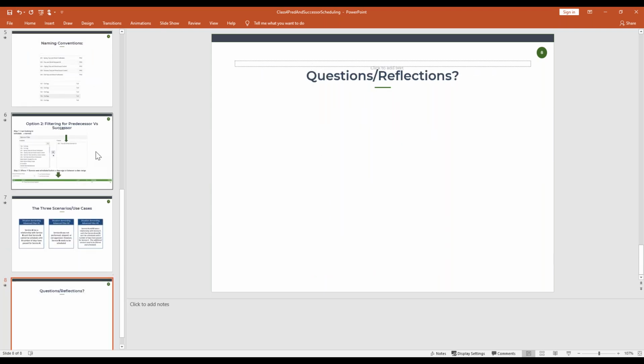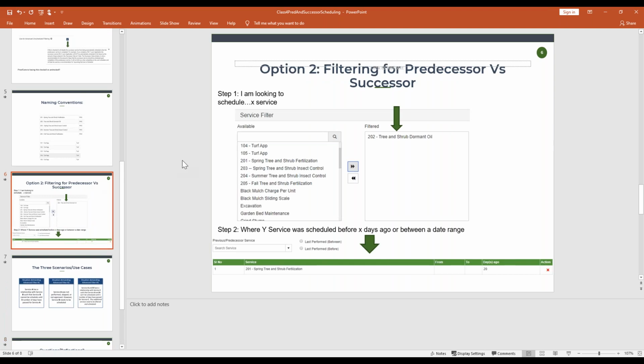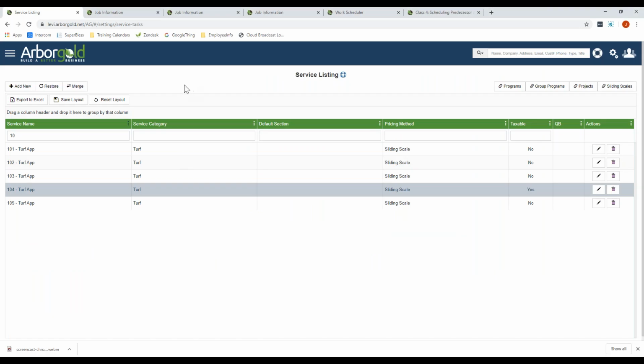So we're going to go into the filtering options. This is in the advanced scheduler filter. Basically you just need to know what you're looking to schedule, which for this example, is a 202 where the 201 service was scheduled 20 days ago. So that's how that relationship is set up. Step one, you say, I'm looking to schedule this service. Step two, you're looking for where Y service was scheduled before X days ago, or between a date range. So to pull up an example here,